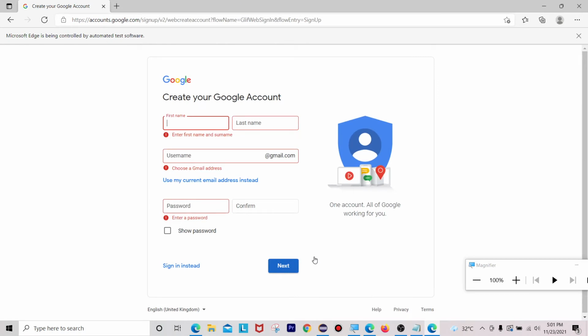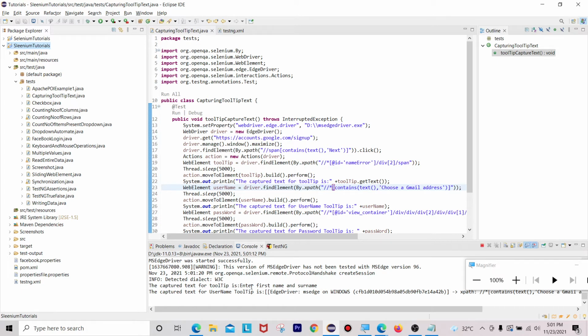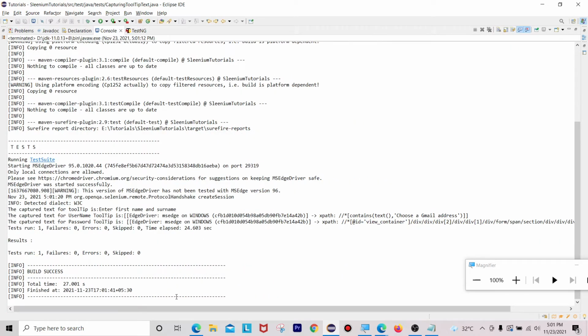If it is not working, we will take that get text method. But the overall intention here is how we can capture a text present for a tooltip. Here you can see the captured text for the tooltip is enter first name and surname. Now it is working fine.